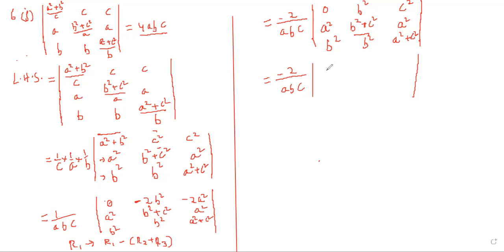So it must not be recommended. B square plus c square minus b square again will give c square, and a square minus a square plus c square will give minus c square. But this a square minus b square is not the proper thing to do. So again, think about it.